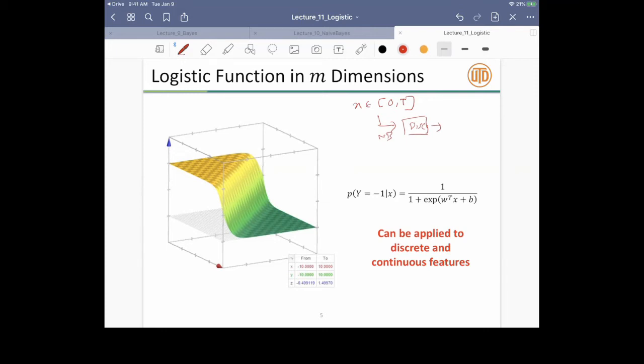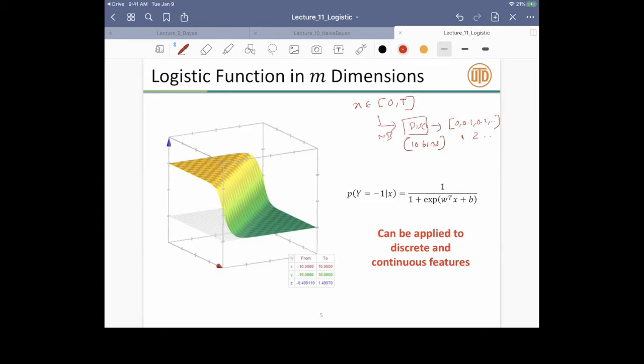The standard way of discretizing is that I apply, say, 10 bins. Then I will get bins between 0 and 0.1, 0.1 and 0.2, and so on. So if something is between 0 and 0.1, then it lies in bin 1. If it's between 0.1 and 0.2, it lies in bin 2, and so on. So this is what needs to be done to handle the naive Bayes scenario.